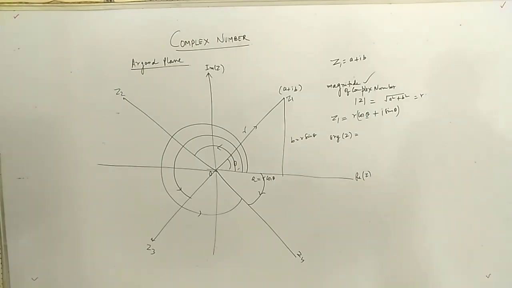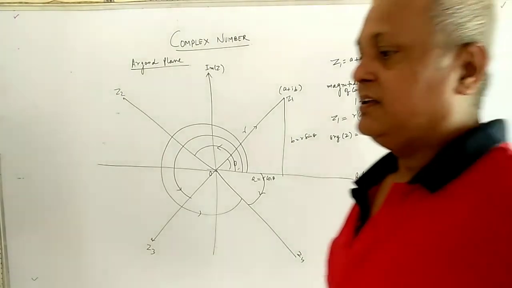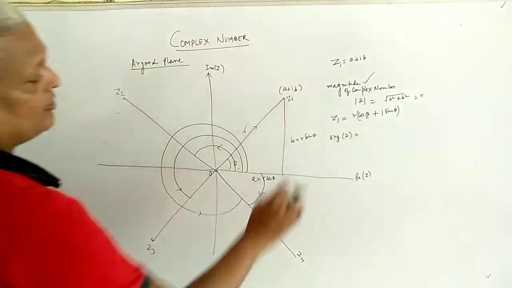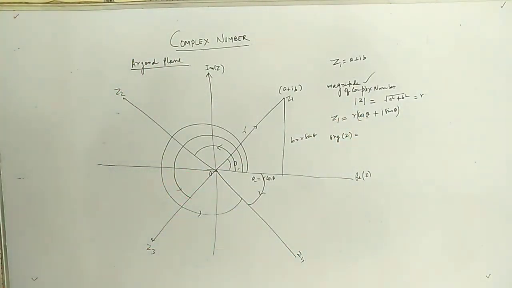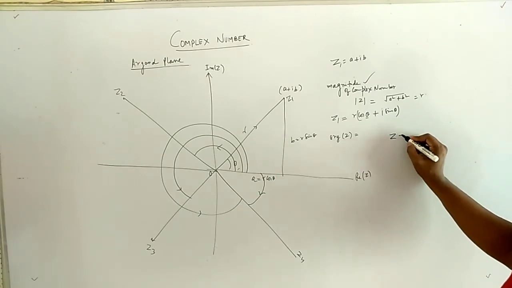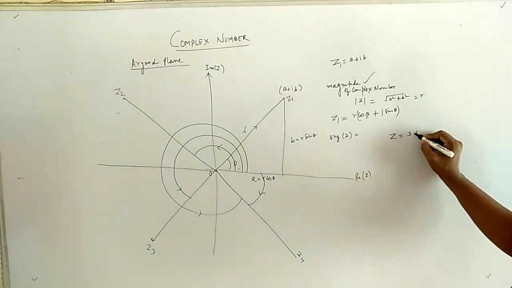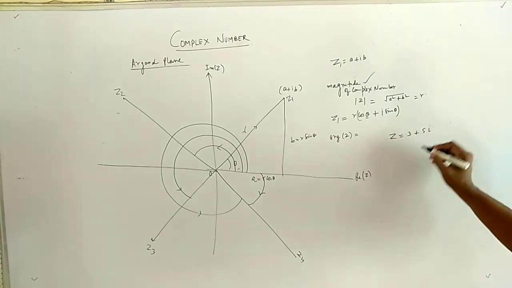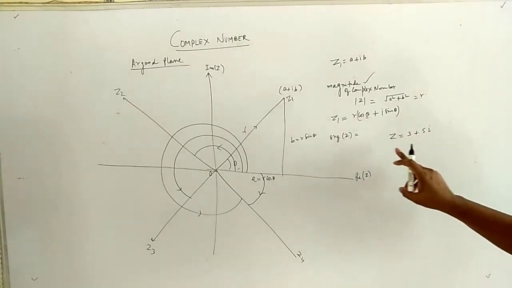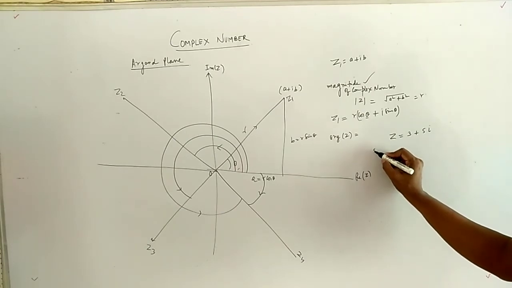Now there is one simple rule for how to find the argument of a complex number. You can follow step number 1. Like if you have a complex number z is 3 plus 5i, it can be minus 3 plus minus whatever it is. So without thinking, just step 1,